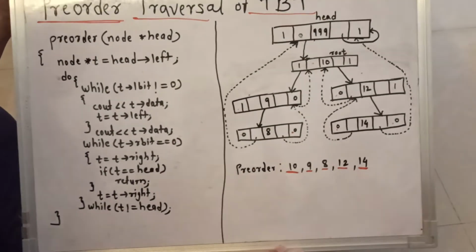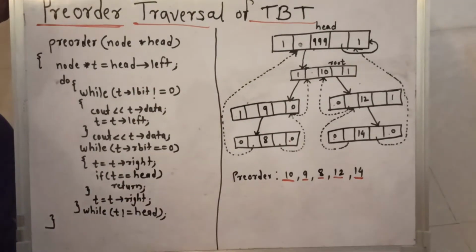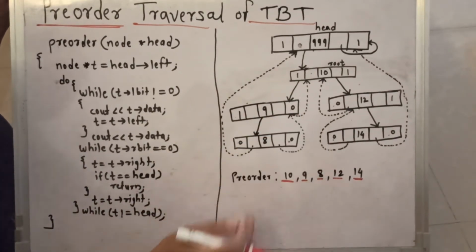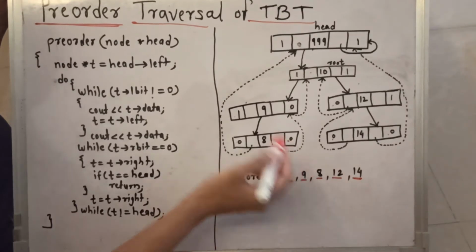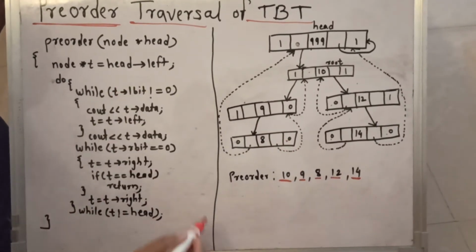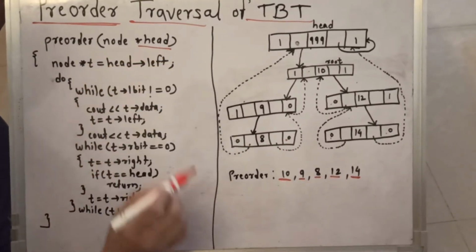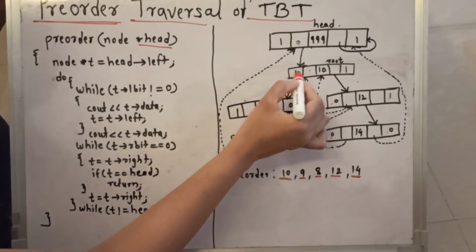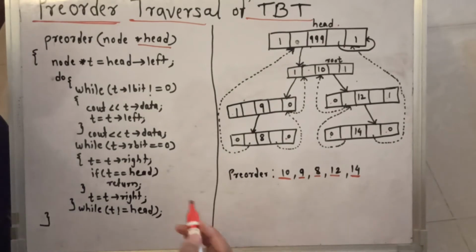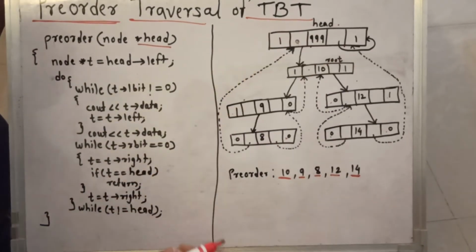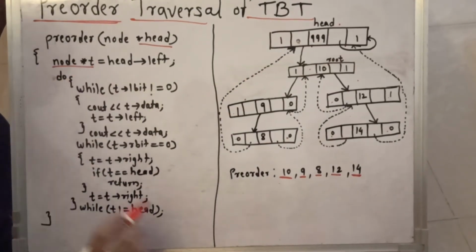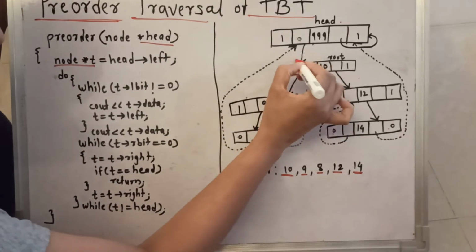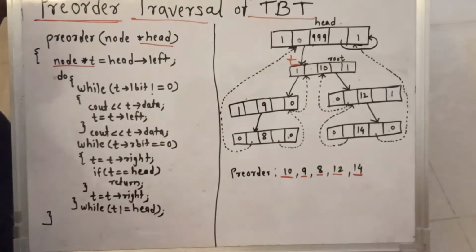Now we will see the code related to this. This is the code I have written. According to the explanation I have just given, the code is written here. I have passed the head pointer, that means this is the head node. But the actual tree starts from the root node. So root is nothing but the left child of the head. I have taken one temporary pointer t and set this pointer to head left. That means now our t is at this position.